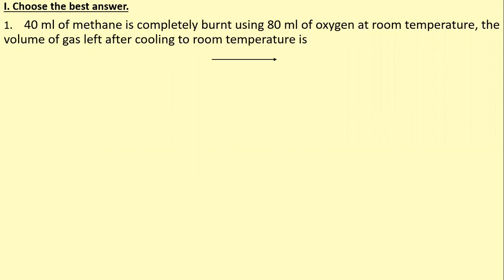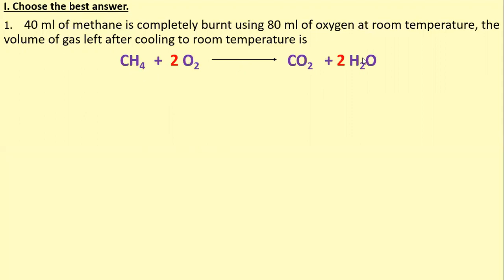See, when this kind of question comes, first you have to frame the equation from the given hint. Okay, here they have given methane. Methane is burnt with oxygen. So methane, CH4, plus oxygen, that is the reactant. Based on that we have to find the product. So here, let me show the reaction. CH4, methane, reacts with oxygen to give the products carbon dioxide and water.